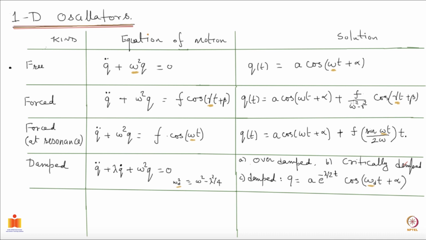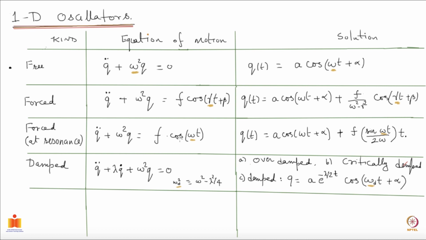okay. So note that the amplitude of this piece is completely determined. There is no freedom in choosing this. So f over omega square minus gamma square, you cannot choose some initial conditions, and accordingly this will be different. It's fixed for your system, and also this part of the oscillation is happening at the frequency gamma, okay. Then we looked at forced oscillators at resonance. So here if omega is gamma, this appears to be blowing up, okay. So we need to find the solution, so we